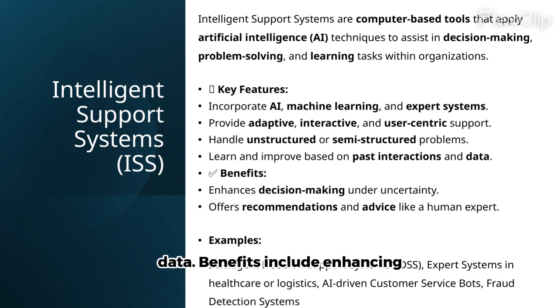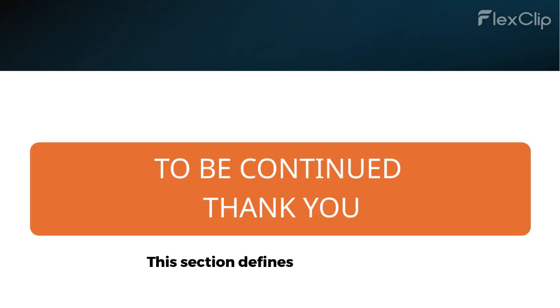Benefits include enhancing decision-making under uncertainty and offering recommendations like a human expert. Examples include Intelligent Decision Support Systems, IDSS, expert systems, AI-driven customer service bots, and fraud detection systems. This section defines expert systems, ES, as decision-making software designed to mimic the reasoning ability